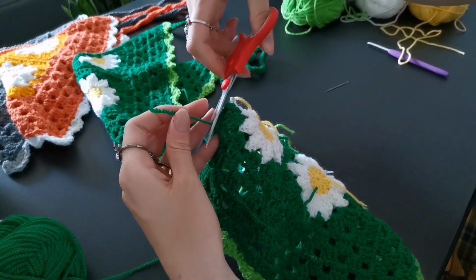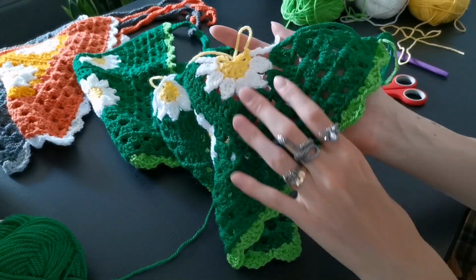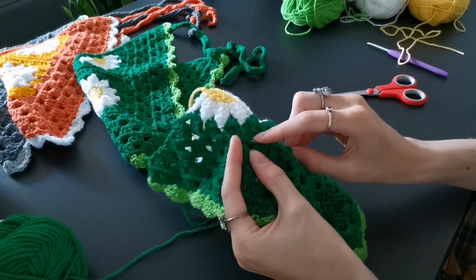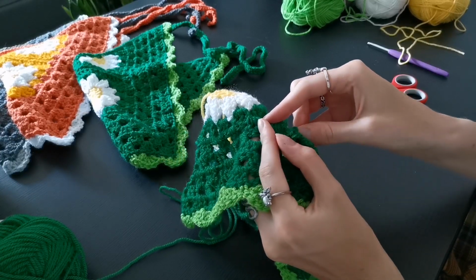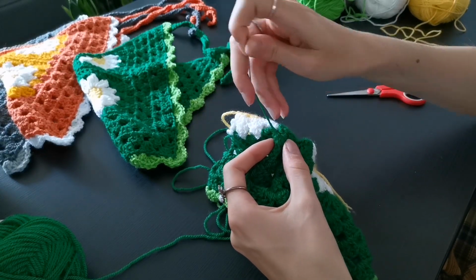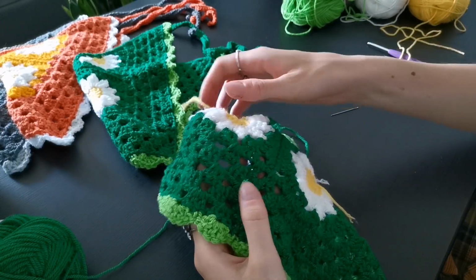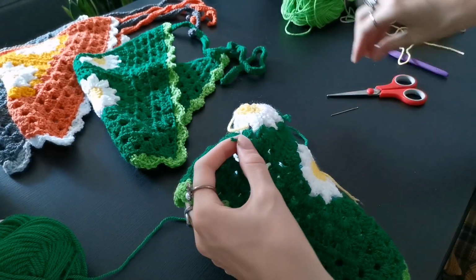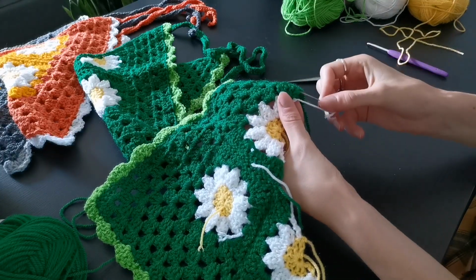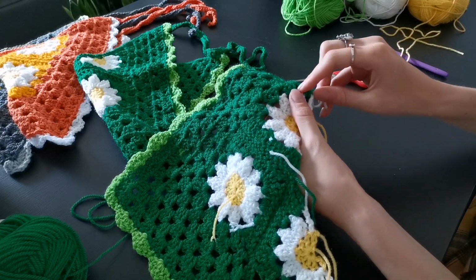Pull it a little bit back, I cut it, and then I pull on it again, so it's worked into this really neatly, and you won't really find it again. So yeah, just trying to go as fast as I can. Right, so there's a little bit left, so I'll just cut it off as well. With these ones, it kind of goes the same, but I go into it over here, and then just go around the daisy